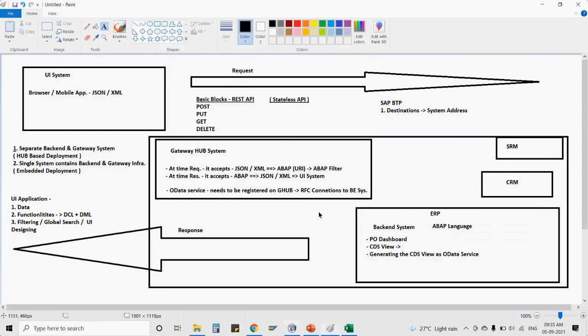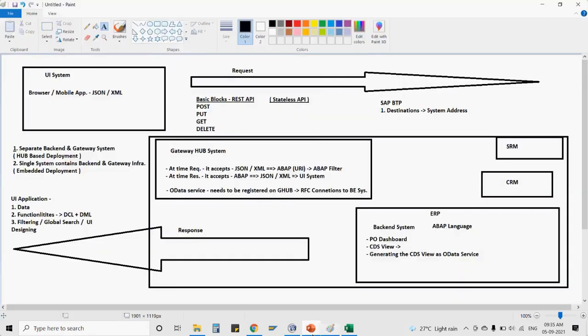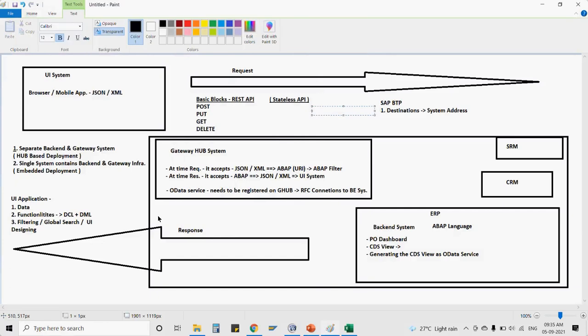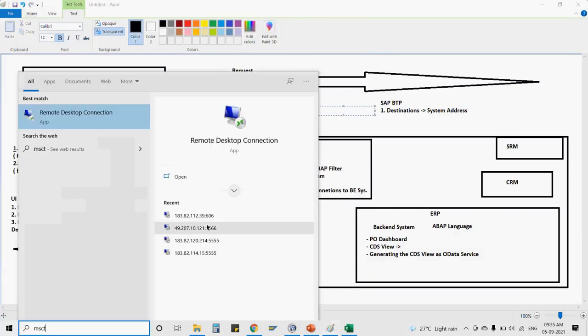Okay, so this is something on the particular architecture side. Now let's get started with the way with the help of which we would be developing the particular application. So if I just connect the system,